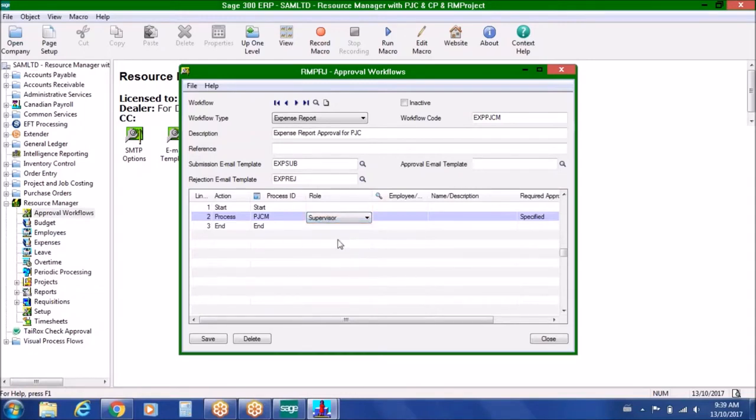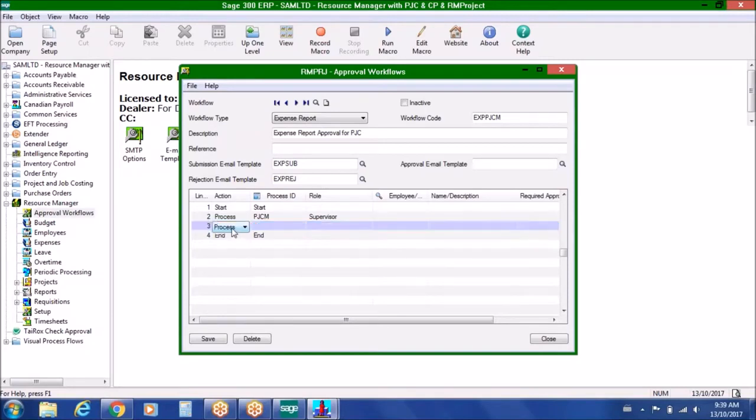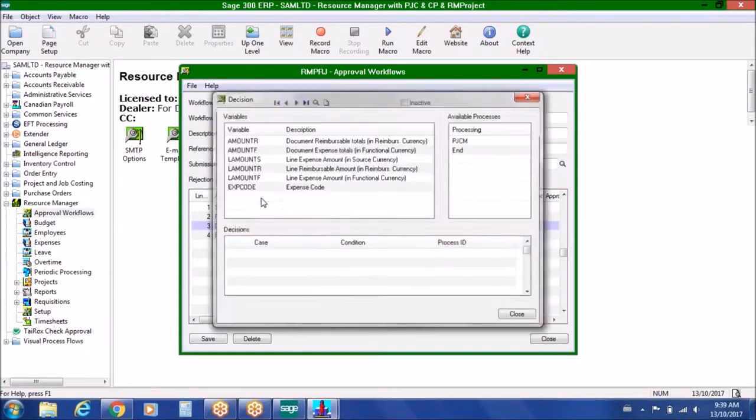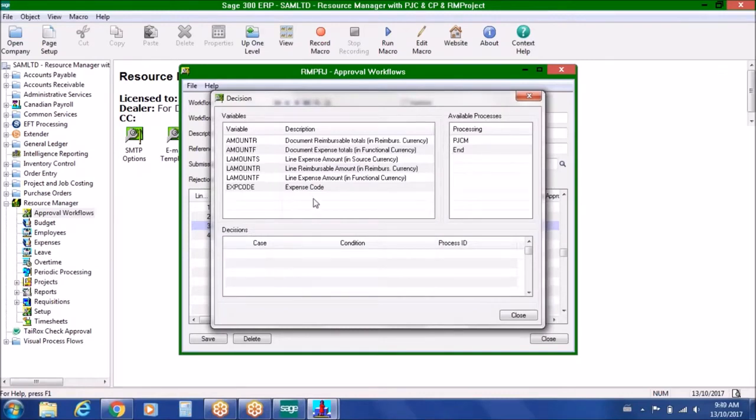the supervisor. And then what I want to do is insert a line to show you a decision process, which is something else that we do as part of the workflow approvals. And what this does is it allows you to put in dollar thresholds for what level a manager has to do the approval. So remember, we talked about being able to establish approvers at a detail line level rather than the full document. And in that case, you could specify a line expense amount that you wanted to record as